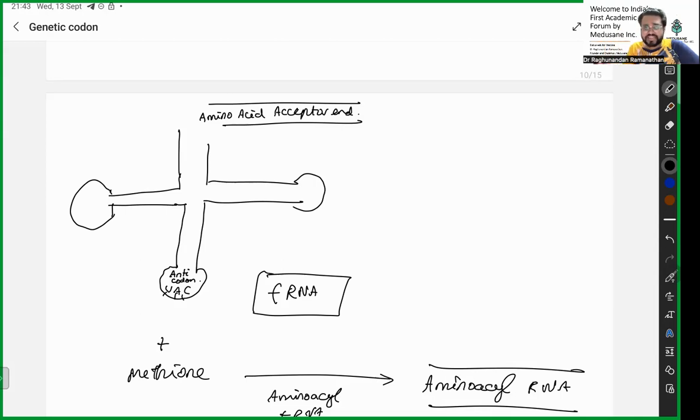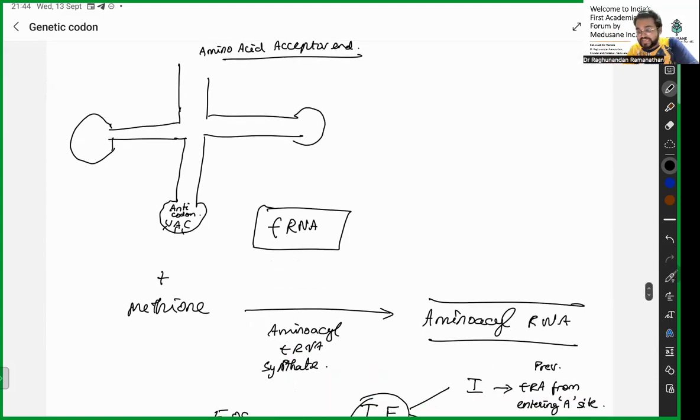Now this tRNA is going to be carrying certain amino acids in order to code them and in order to produce that protein. First you're going to have a tRNA separately. This tRNA is going to be loaded with one amino acid. This is the first step, charging of your tRNA with amino acid. That is going to be done by the enzyme called amino acyl tRNA synthetase. Listen carefully. So you have a tRNA, guys.